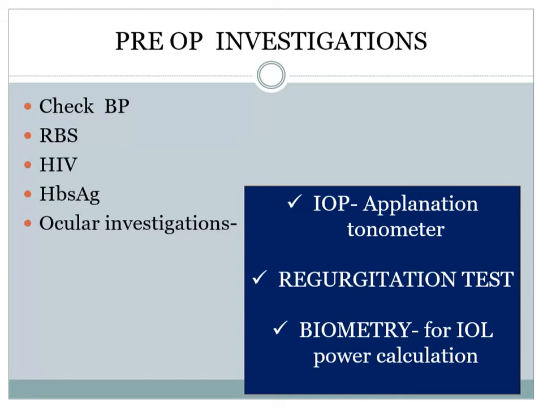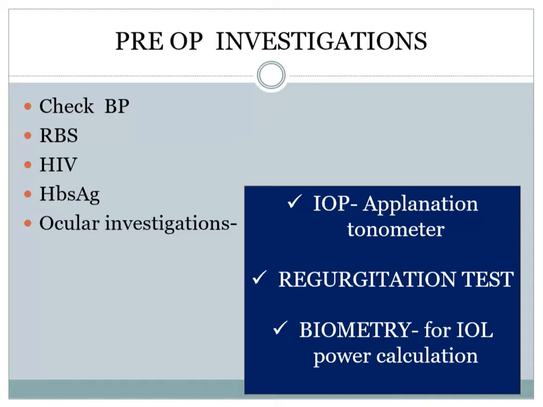And the moment the examiner asks, the students first will start with TLC, DLC, ESR, complete blood picture, hemoglobin, and all. So you have to remember that cataract surgery in 99% of the scenarios is done under local anesthesia, that is peribulbar block. Or sometimes these days, many surgeons are preferring to do it in topical anesthesia also. So you don't basically need all the routine blood investigations which you do for a general surgery workup.